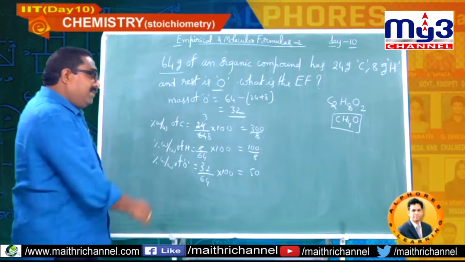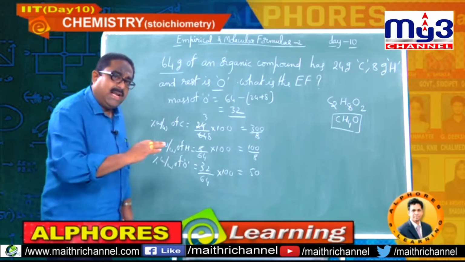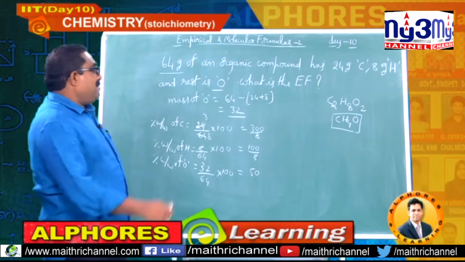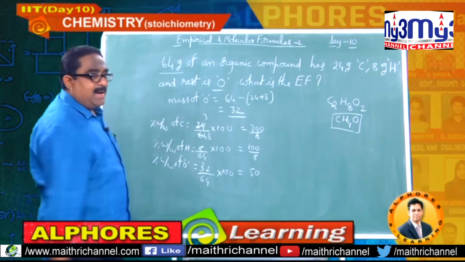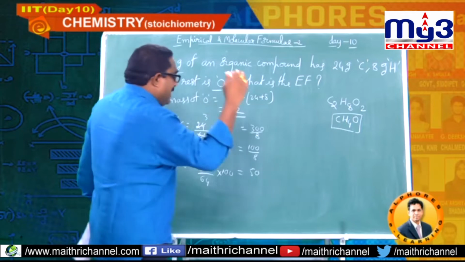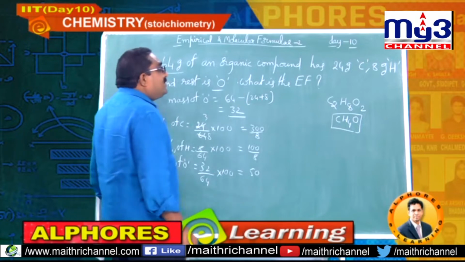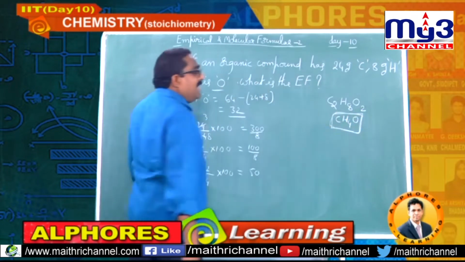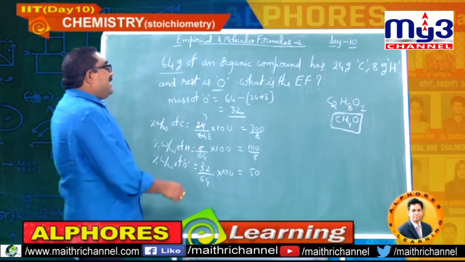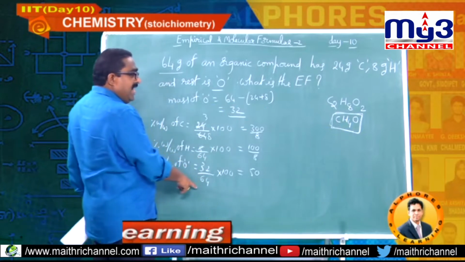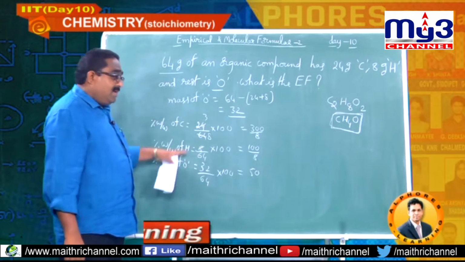So after getting this, again you can follow the systematic procedure by taking mass percent and then dividing with respect to atomic masses, and the same procedure you should follow. In such a case also, again you will get the empirical formula as CH4O. Okay students, please write down this first approach up to here, then I will continue. I will show you will get the same answer if you follow this.